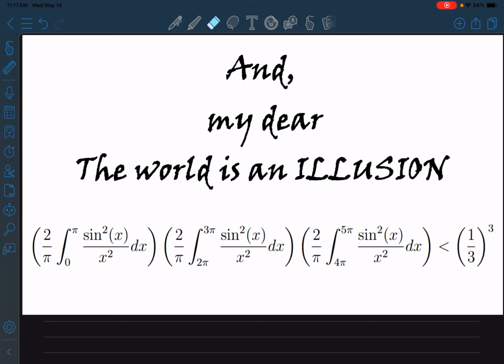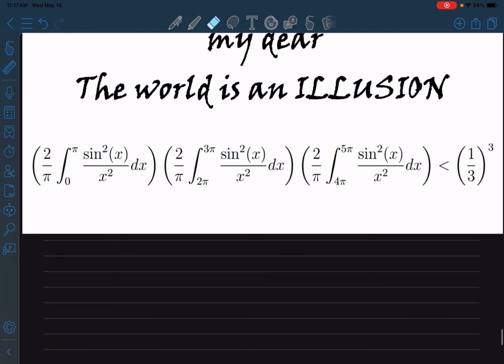My dear, the world is an illusion, right? And the reason I'm saying this is that this inequality we are supposed to prove looks fairly complicated. It's a product of three different integrals. And how on earth am I even supposed to deal with this? But if you just keep yourself calm and try to think and try to see, this is actually pretty easy